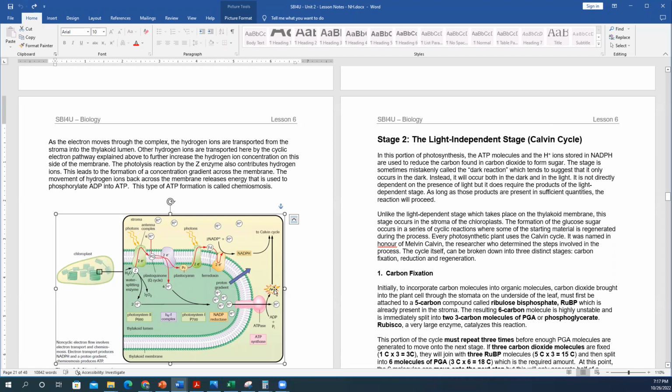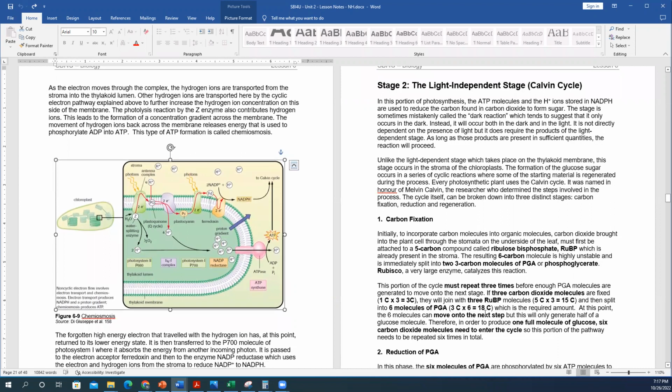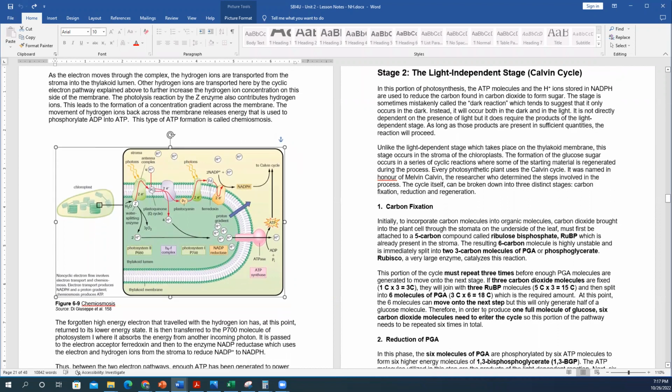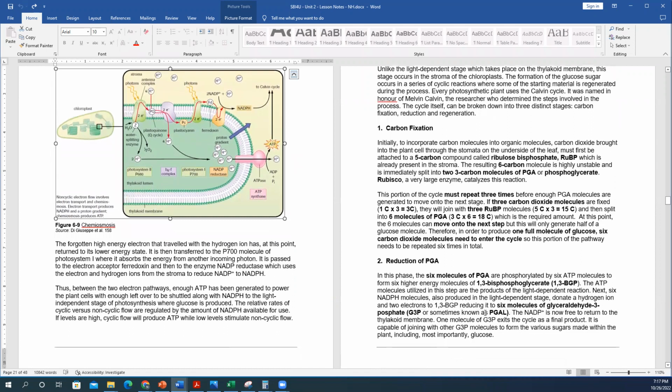That energy is used to create ATP from ADP. So you have some ATP being made during photosynthesis,